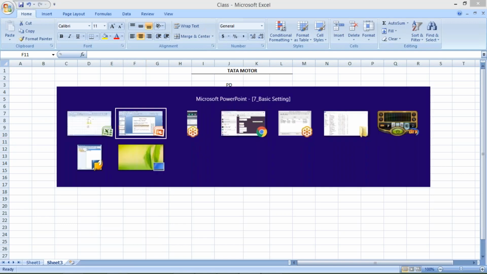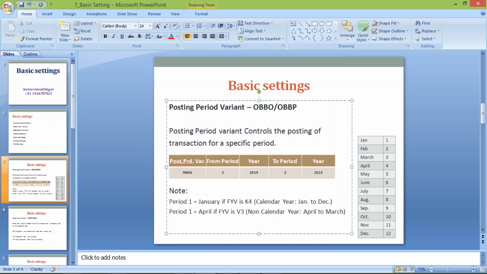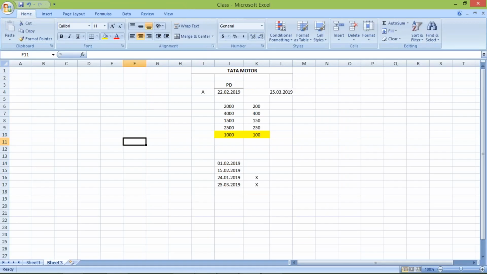Now here, once he has received this mail from the account payable helpdesk team, what is happening? Carelessly he is going to post the invoices, because he has to post these invoices on 22nd itself. So he is going to post the invoices on 22nd. He will give 22nd